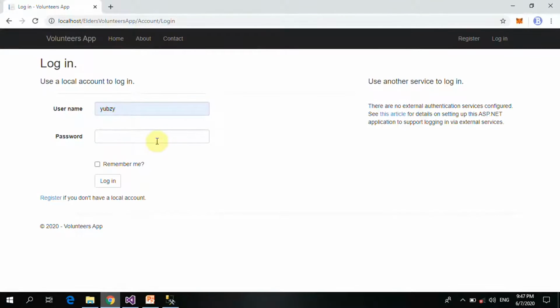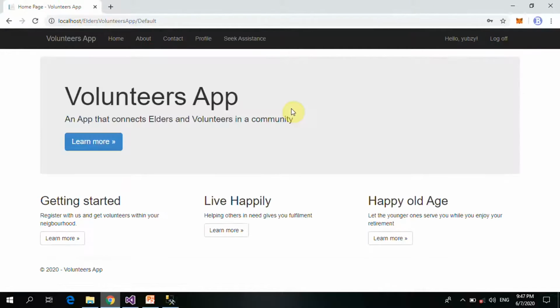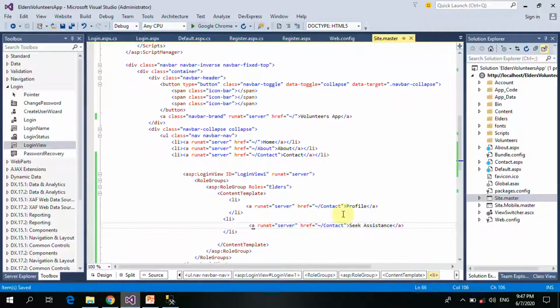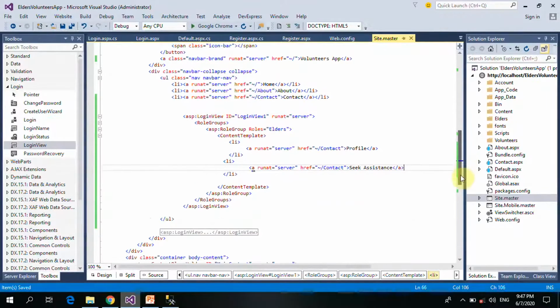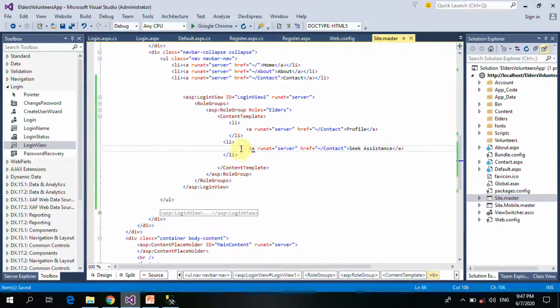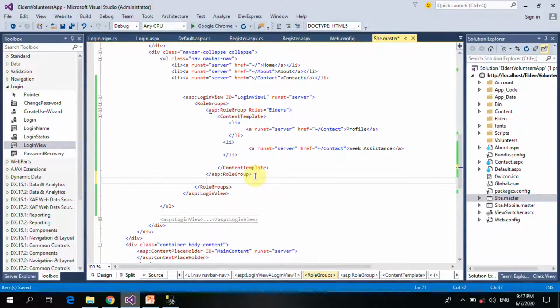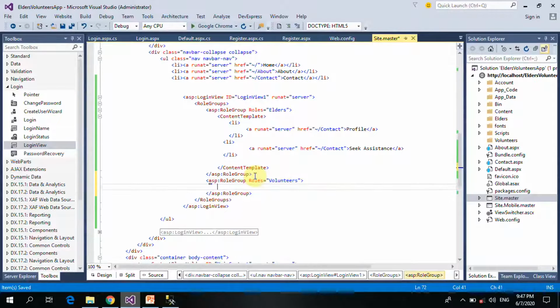So the elder, we have this username and password. Click the login button. Okay, good. So I have a profile and seek assistance, so that is okay. I think that's better that way. All right then. Now this is for the role elders. We can create another role group, of course, which is volunteers. So if you're logged in as a volunteer, you should also have